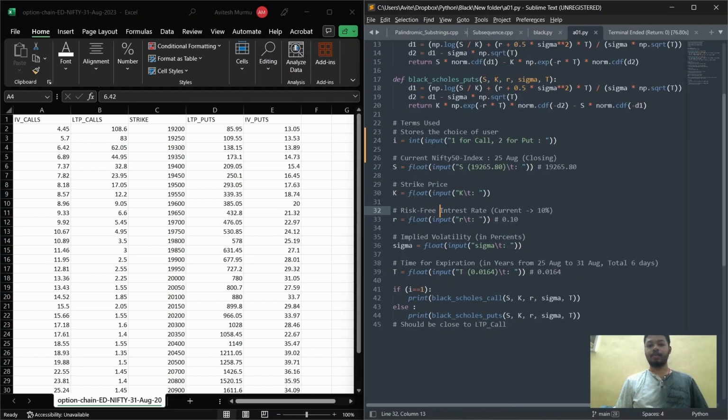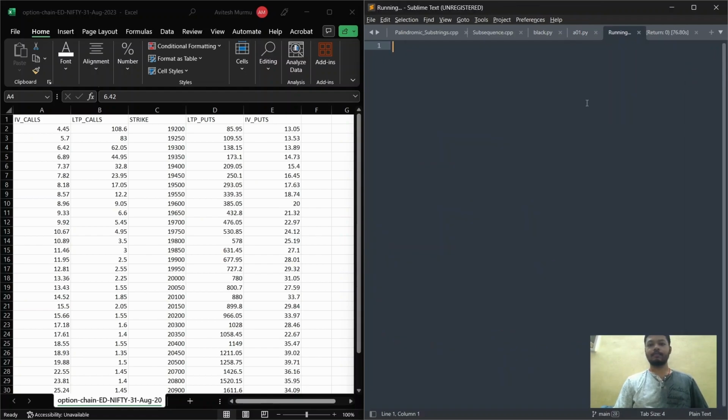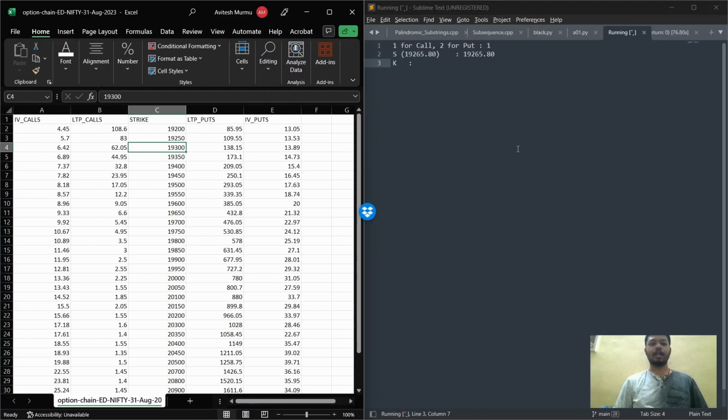So now I will demonstrate how the code works. We will calculate for call option price, so we have to enter 1. Currently, the Nifty 50 index is at 19,265.80. I want to calculate for strike price 19,300, with a current interest rate at 10%, so 0.10,